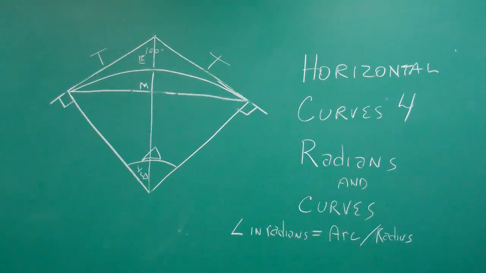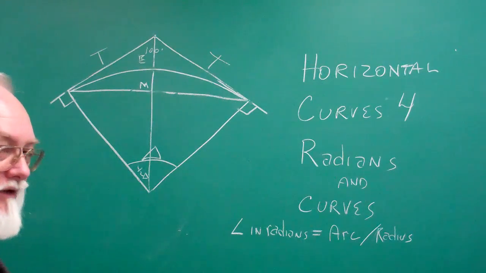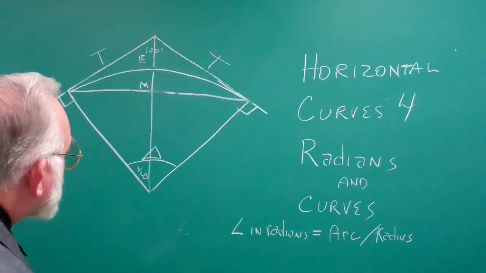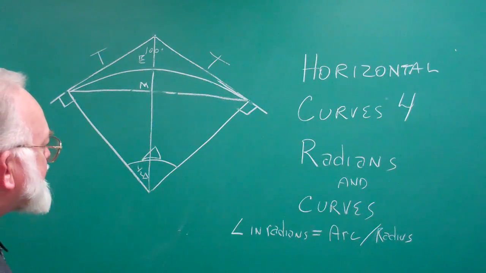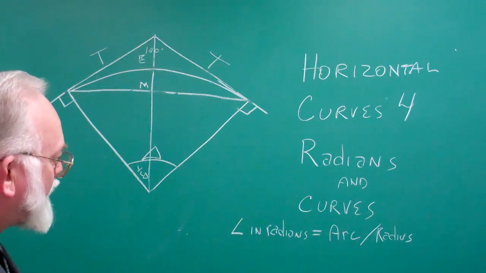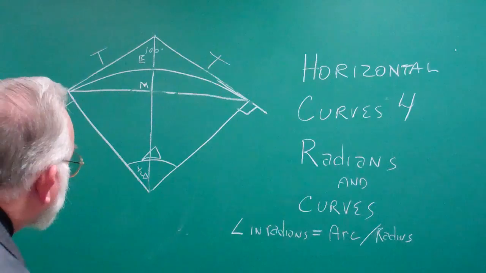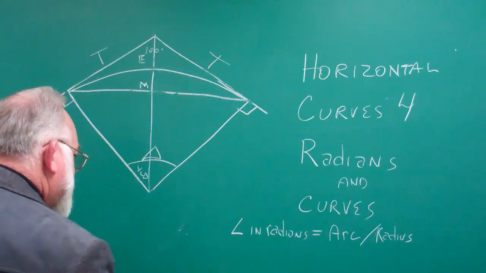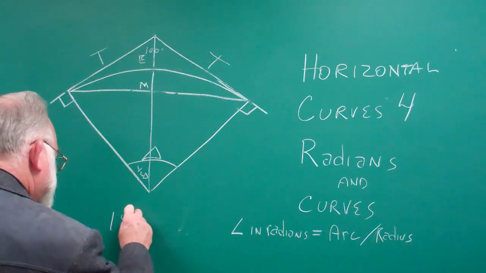Alright, we're going to continue on with radians, and this is the fourth video that we're going to do, and it's titled Radians and Curves. Well, what on earth is a radian? Well, all a radian is, is half of a circle